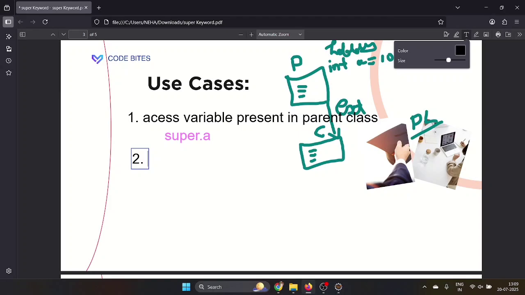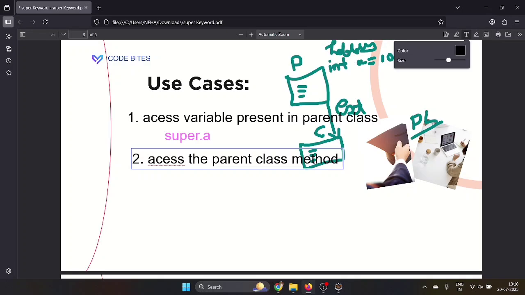If you want to access the parent class method, the original method, that time you are going to make use of the super keyword.